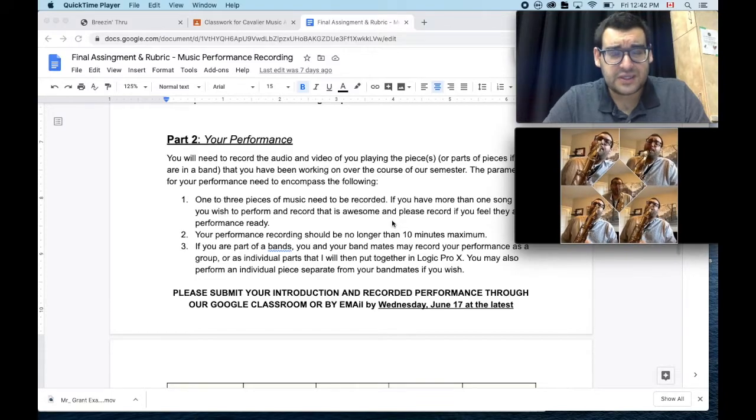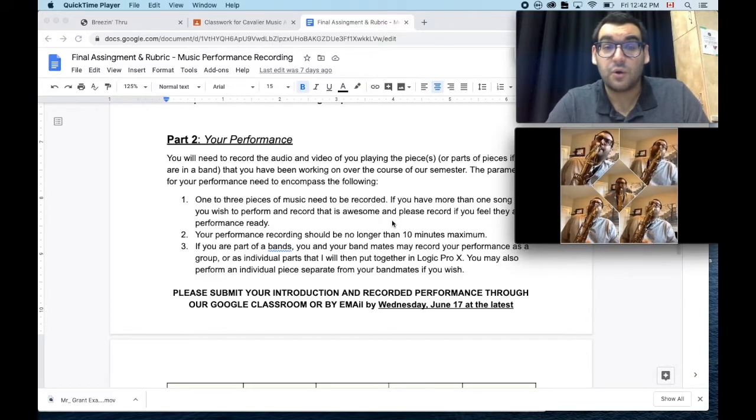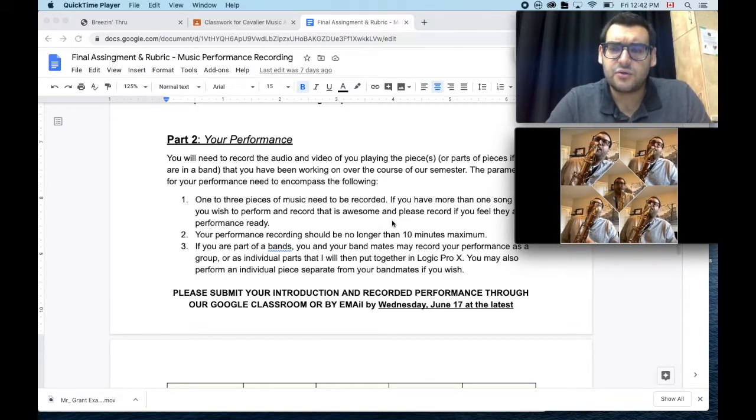As a reminder, folks, if you are getting together and rehearsing and recording together as a band, please make sure that you are following the physical distancing rules. Make sure that you are 2 meters or 6 feet apart if you are getting together to record your piece of music. Okay. The last thing, please, is to try not to go over 10 minutes for your entire